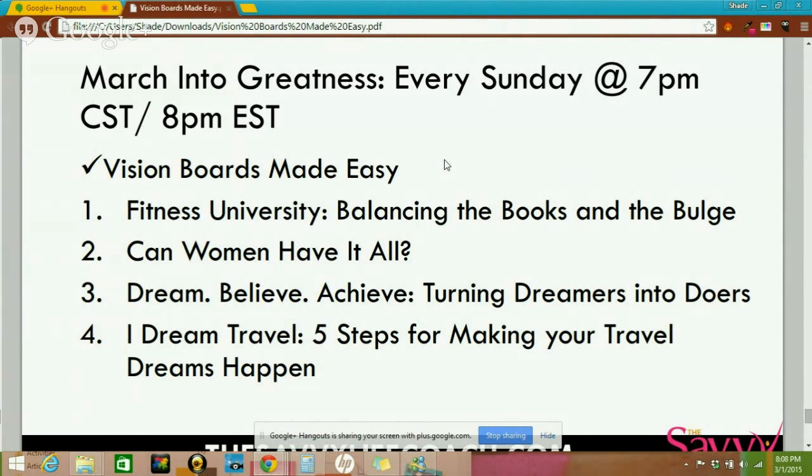We're going to get some young millennial doers who were dreamers who turned into doers, because I'm really keen on talking to people who are acting and being intentional about their lives, and I want to inspire us. So we're going to have some great people for that one. And last but not least, I Dream of Travel, 5 Steps of Making Your Travel Dreams Happen. Most of my coaching clients come to me about travel, businesses, how to make my dreams into reality.